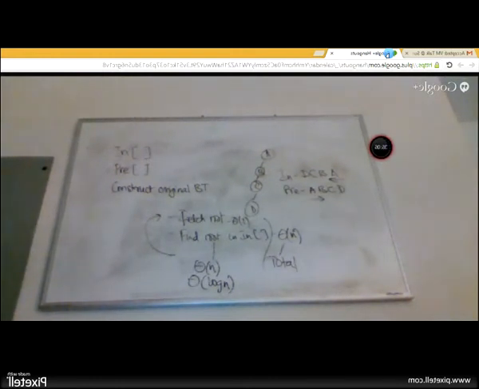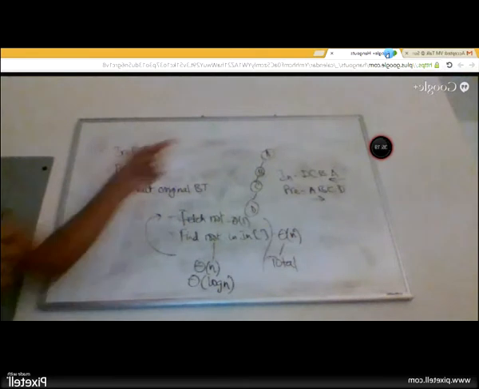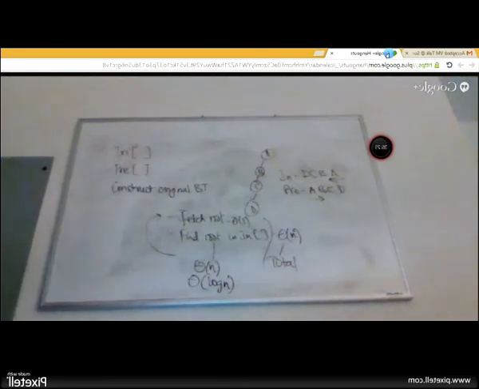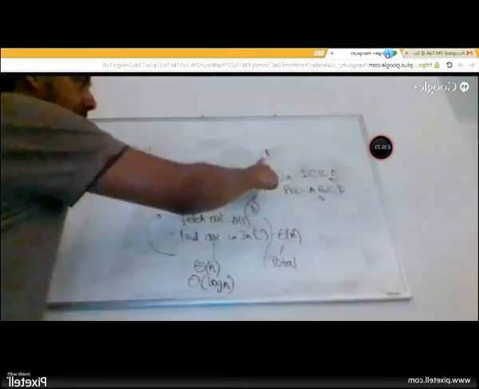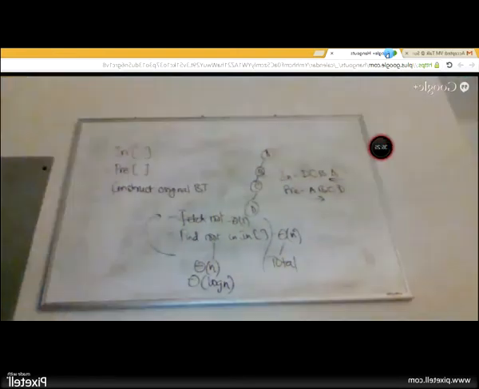To answer that question, there are a few things that you can do to still make it log n. But the important question to ask is, do you care whether you want to differentiate between two duplicate items? If there was another b in this, would you differentiate between this b and the duplicate b?